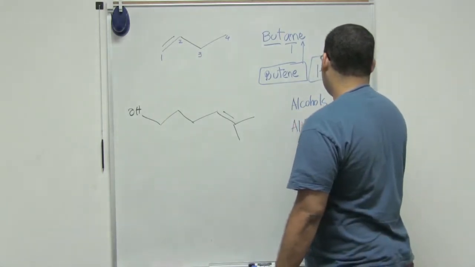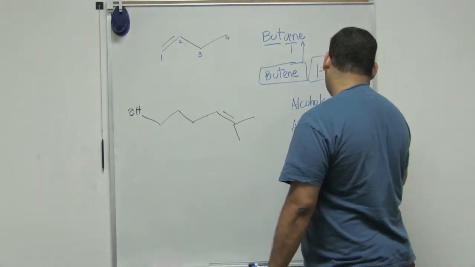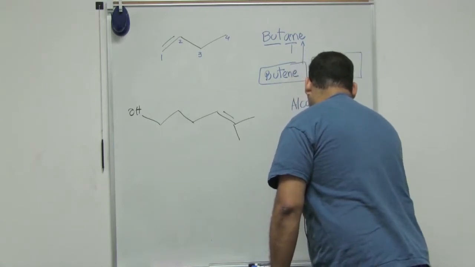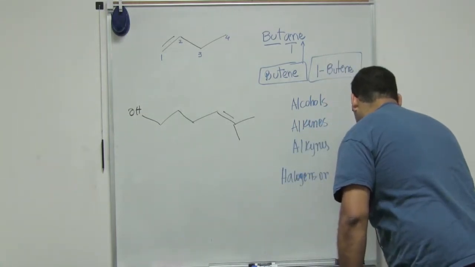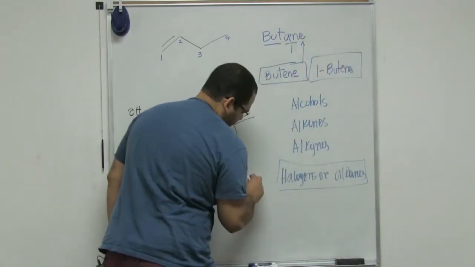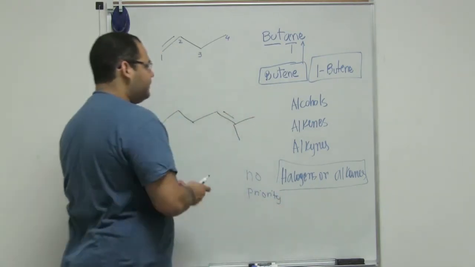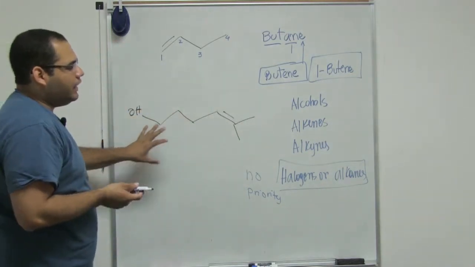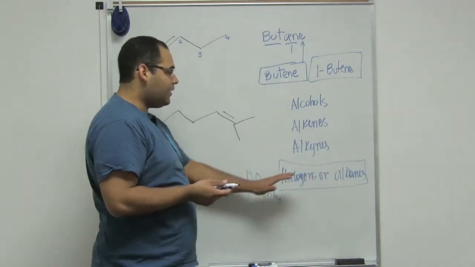And then we have alkenes, alkynes, and halogens or alkanes, which don't have any priority. Okay, so alcohols, priority number 1 at this point, and then alkenes, and then alkynes, and halogens or alkanes do